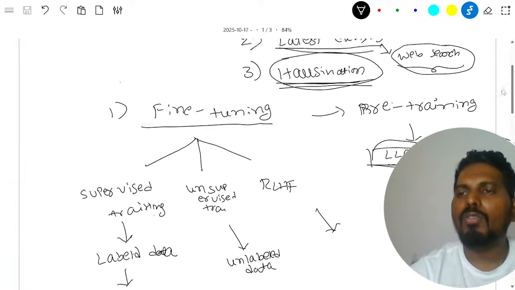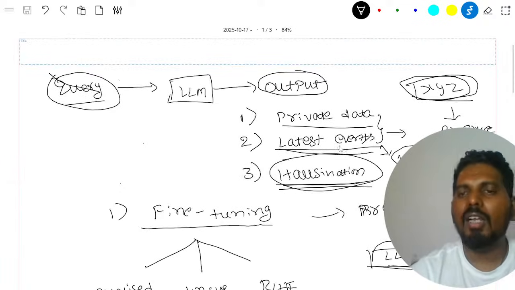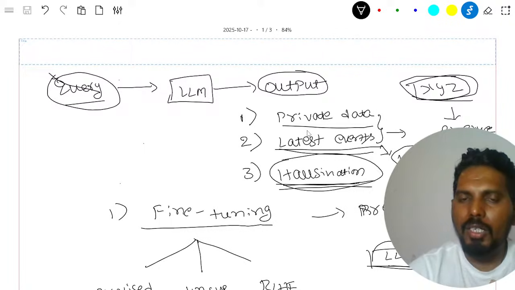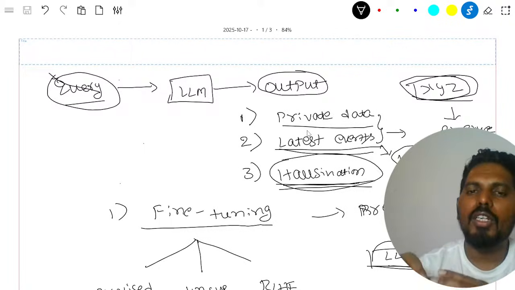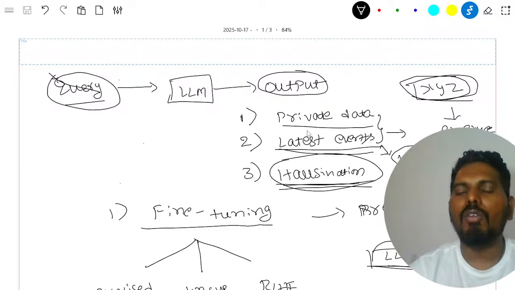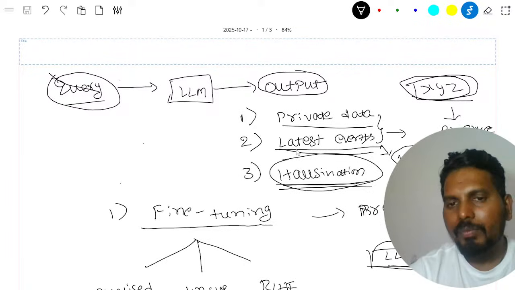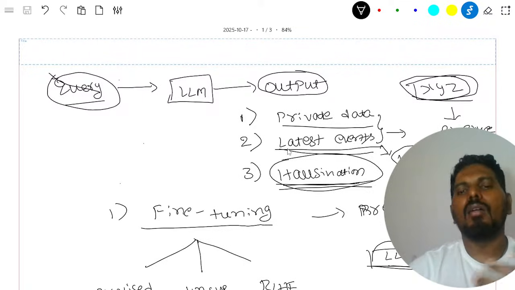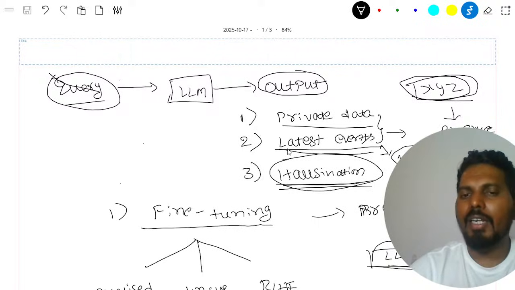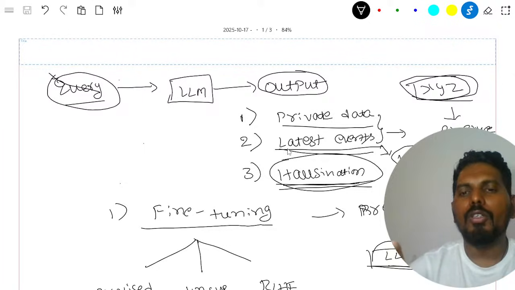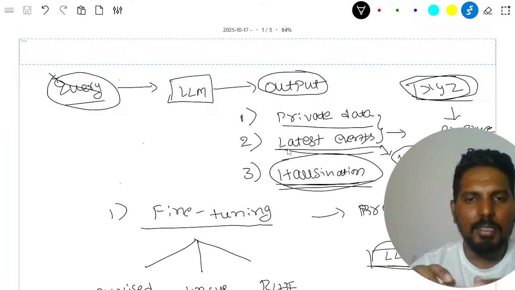With RAG, what problems are we solving? We are solving the private data problem, because obviously whatever documents you have in your organization, you are storing all of them into your vector db, and your vector db will give the context to the LLM. Now the LLM has a clear idea what the answer is for this query. Then latest events, it is as simple as that. Whenever you want to insert some data, use the insert method and you will insert new events information inside your vector